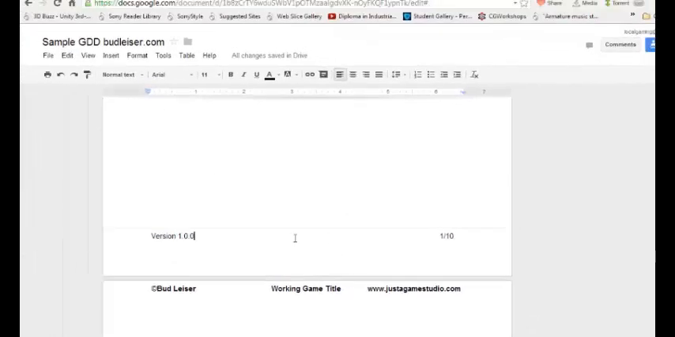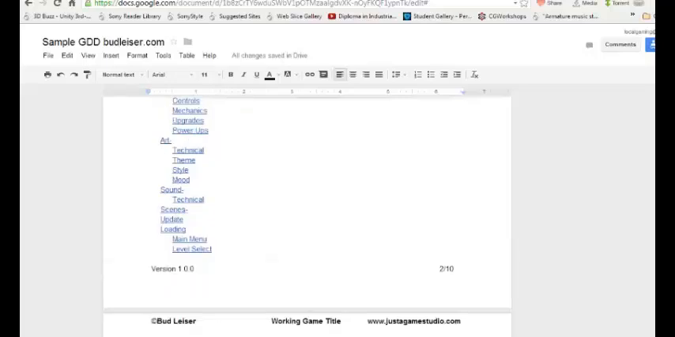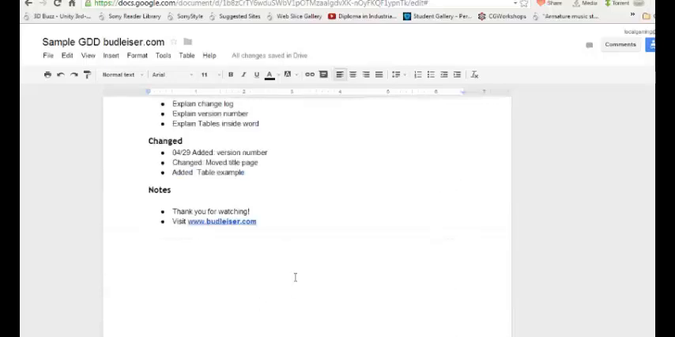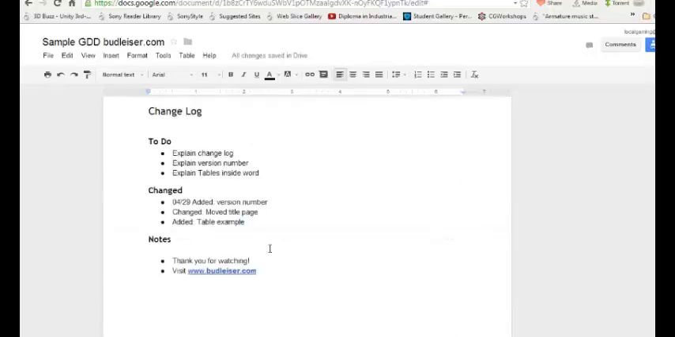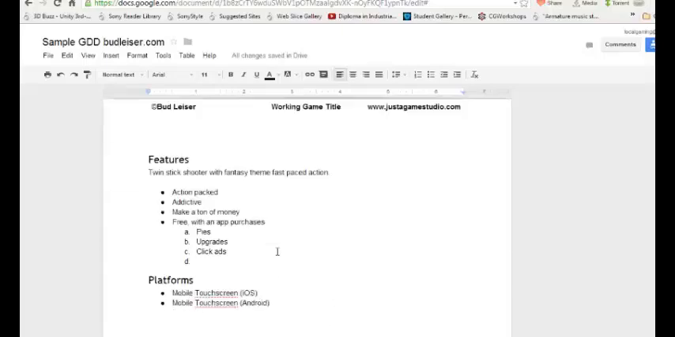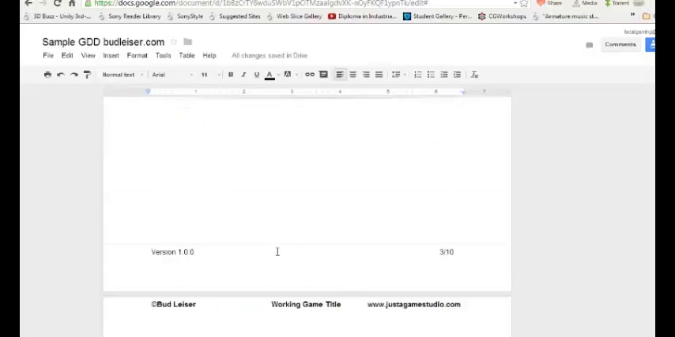So I went ahead and added that into the footer. That way it shows up on all of the document pages, no matter which part they print out. And the last thing that I forgot to show you guys, which is really cool in Google Docs and works better than I initially thought it would,